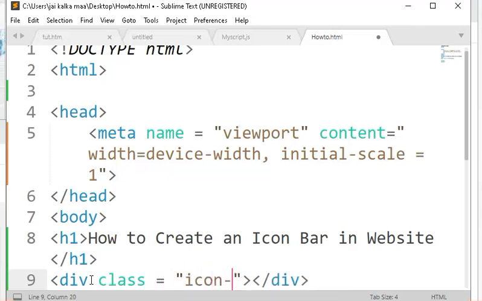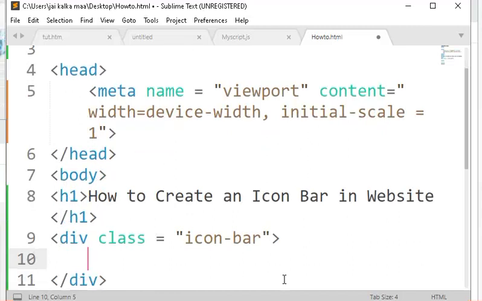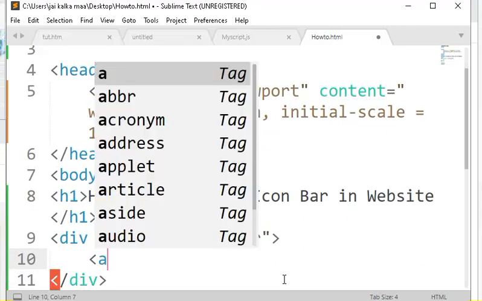And in the division tag we'll define one more element, which is a hyperlink, that is, a.